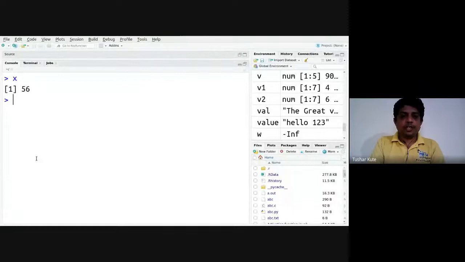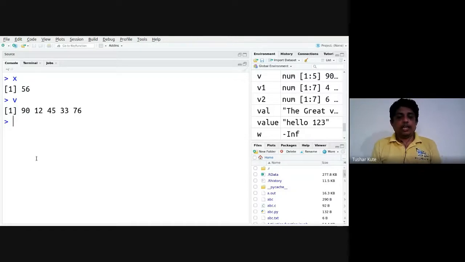For example, see this. I have a data V present here, and I want to visualize this V and apply the labels. Means 90 is a value, the share by first, 12 is the share by second, 45 is the third, 33, then 76. Those are shares given by different departments, different classes, for example. So let us see that.